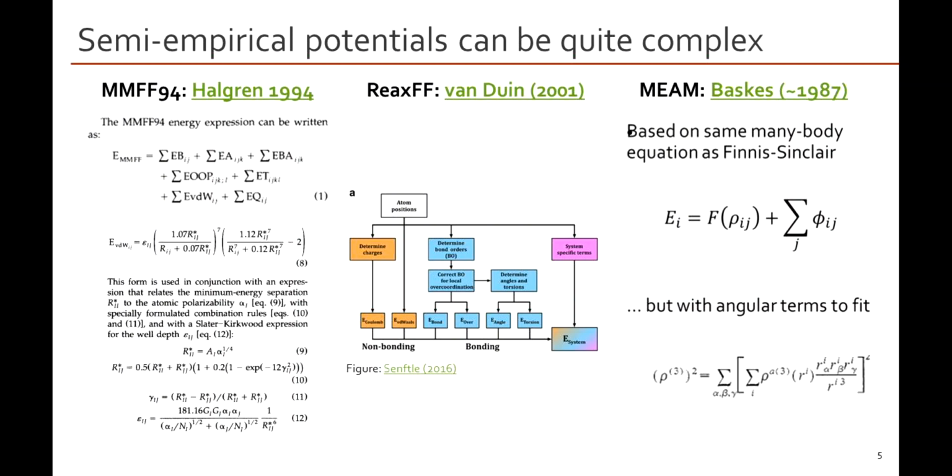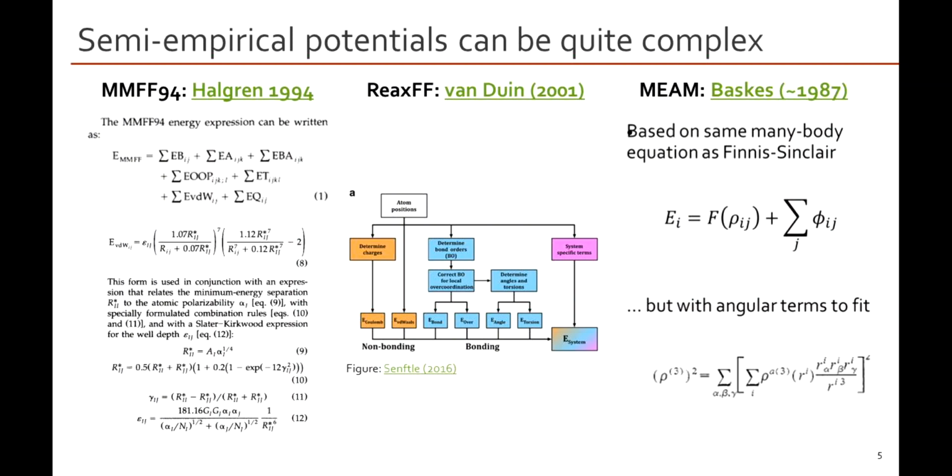And tools like ReaxFF, which can model organic systems and allow for bond breakages, also have this mix of many different kinds of physics combined together in a complicated model. I think the original ReaxFF potential that captured only hydrocarbons had around 100 parameters in it. So very complicated, very difficult to learn all of those parameters, and especially to trace each of them back to the underlying physics. And there are also techniques like MEAM,